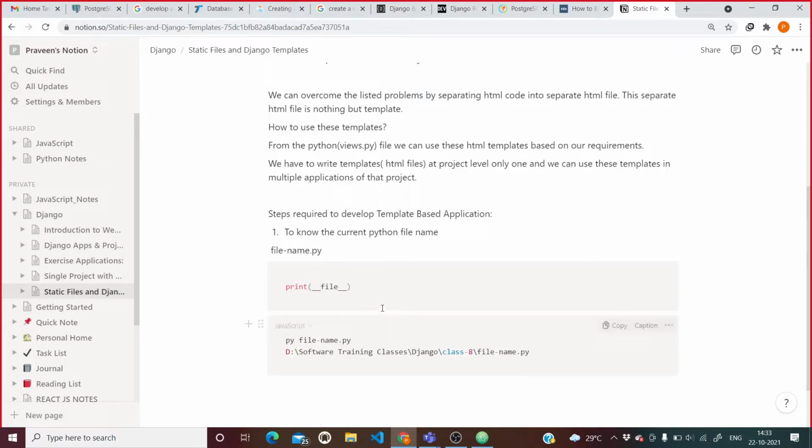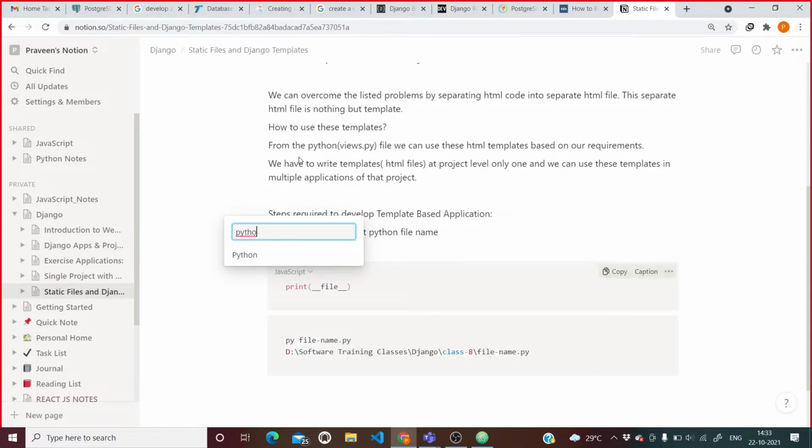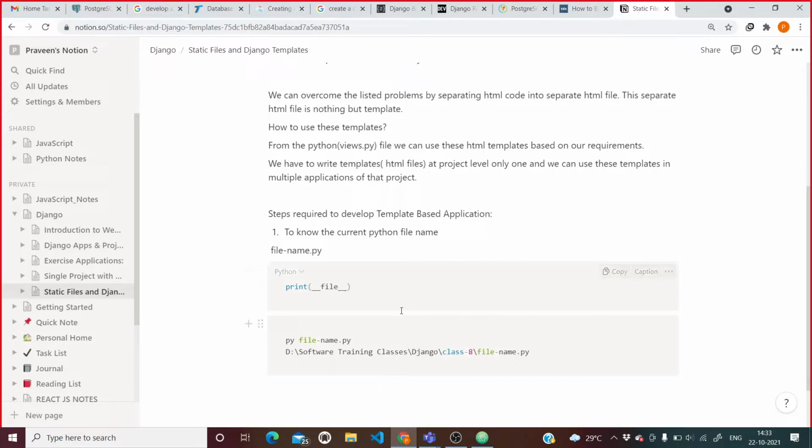Let me change it to Python. So it is going to print like this. Hope it is clear.